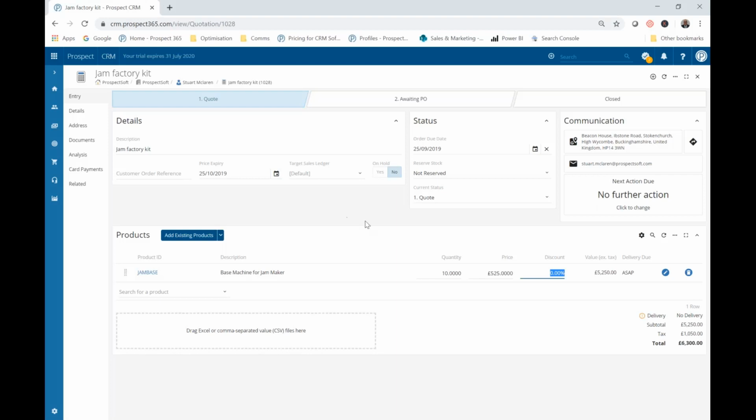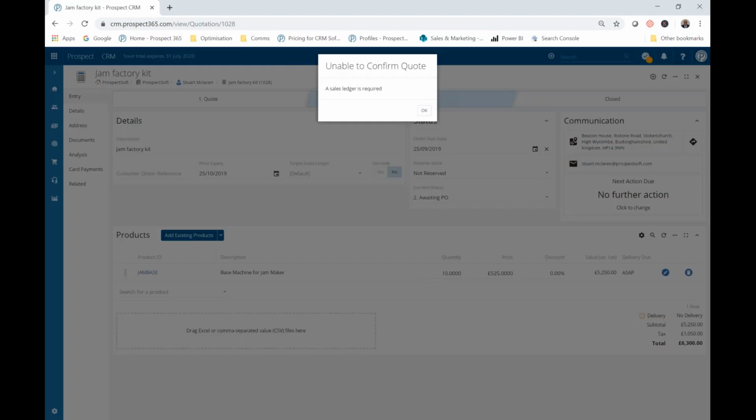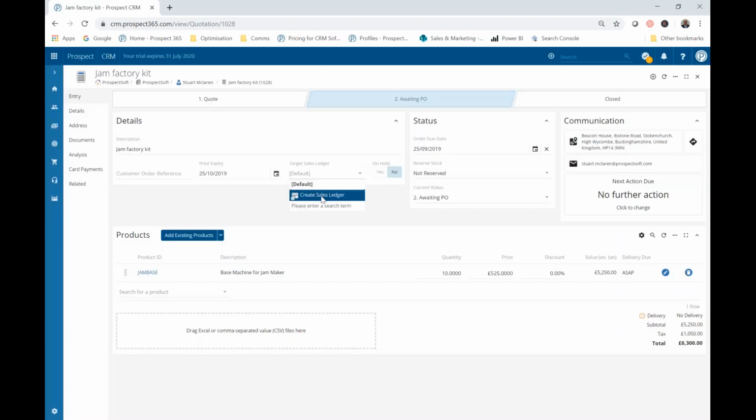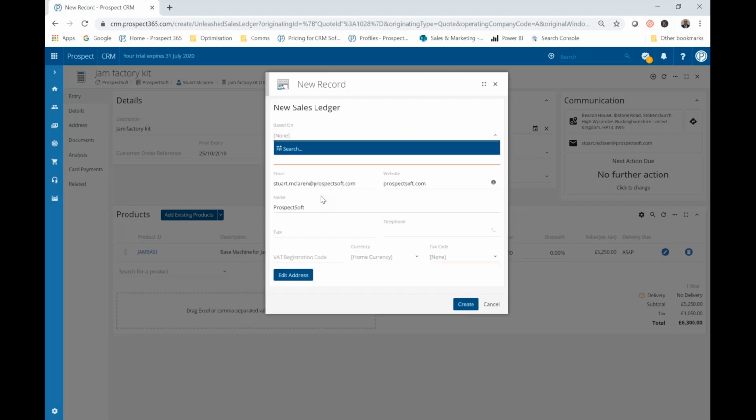However, if this was accepted, then obviously we'd need an account in the back office. And so I wouldn't be able to actually move this to ordered. It'll tell me that actually a sales ledger is required. Here I can create a new sales ledger or account in my back office system. I can base it on a template if I've got one, or copy the details from another account. And this will set up a brand new account in my back office